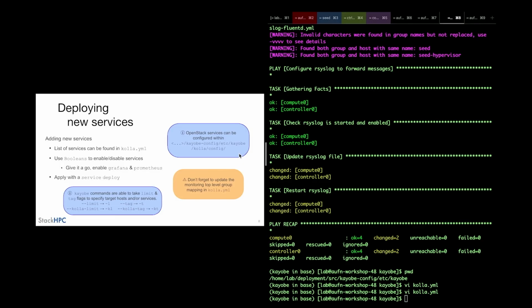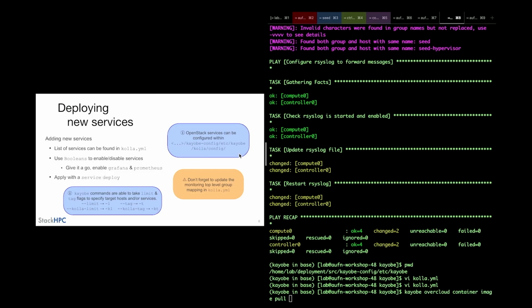I guess the next step is how do we actually get our new shiny services up and running? So if you were doing this on a production system, you would probably have a maintenance window for when you want to deploy new services. So you would likely run the KB overcloud container image pull. I want to show off what we were talking about earlier though, and prove the point that if you have a small system, a staging system, a test system, there are some commands you can skip to make your testing quicker. So we'll just run the